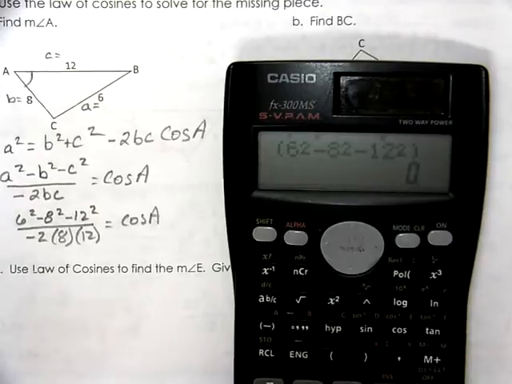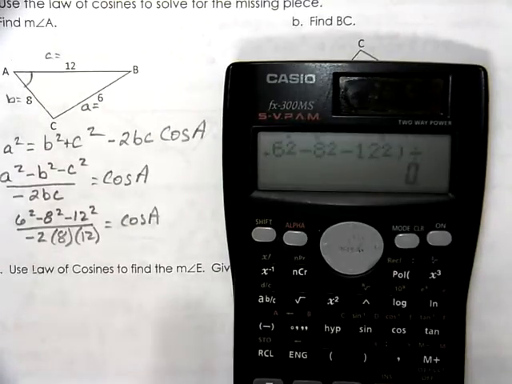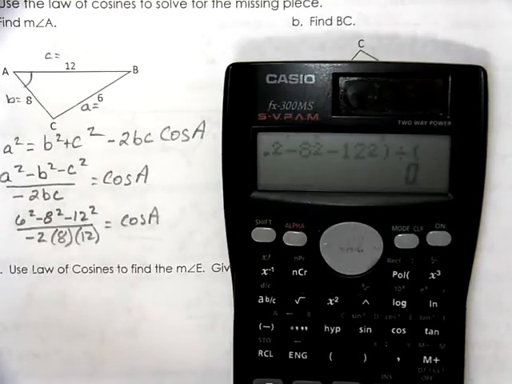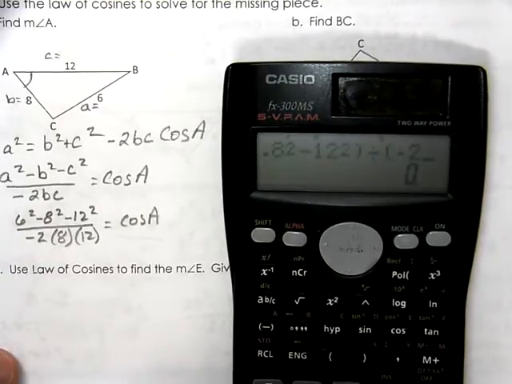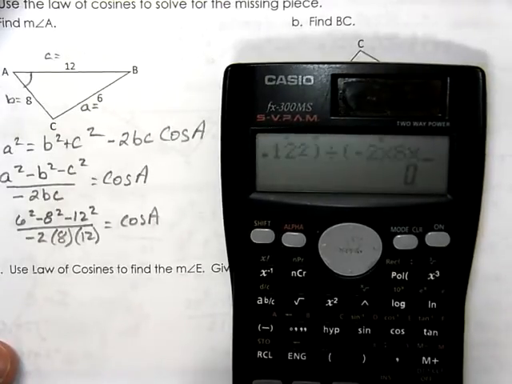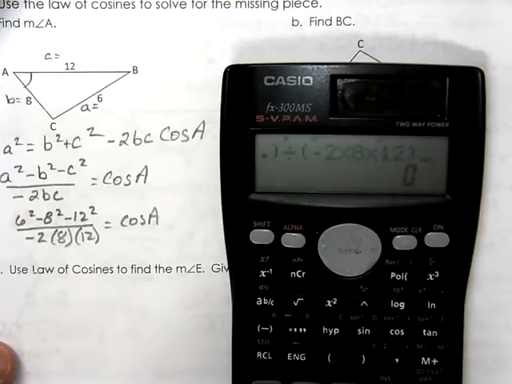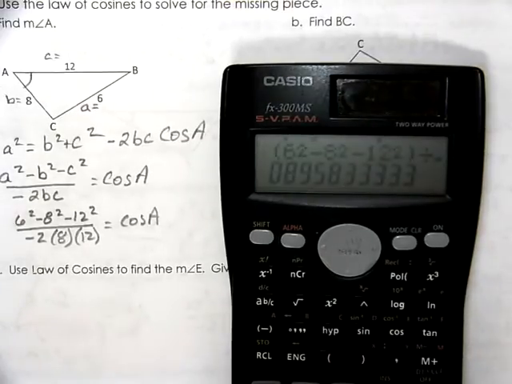You could either hit enter to figure out what the numerator was, but I'm willing to type in the exact way that the equation is written, then divide it, use parentheses for the denominator, use the negative key, times 2 times 8 times 12, and close that off. When we look at our answer, we're going to get a value of